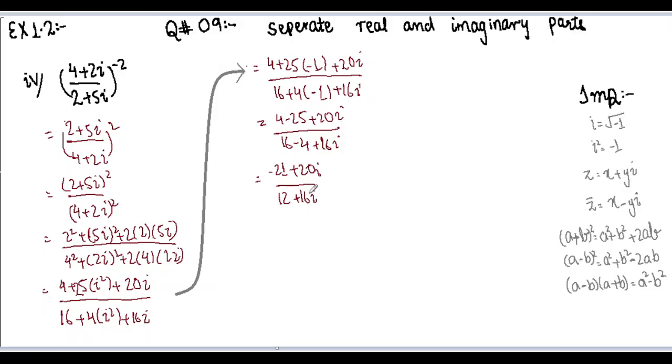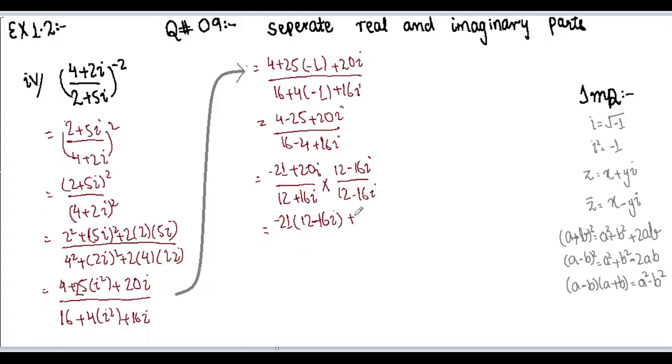Okay, now we have to rationalize it because the denominator contains iota. So rationalization means to multiply and divide it by the conjugate of the complex number in the denominator. And how do we take the conjugate of a complex number? We change the sign of the imaginary part, which is previously positive, and now we are going to change it into negative. So it becomes (12 − 16i)/(12 − 16i), equals minus 21 into (12 − 16i)